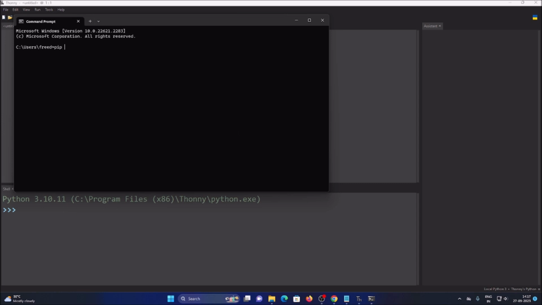So pip install opencv-python, then we need the ultralytics package, then we need the pillow package, and then we need the CV zone package, then we need the py-win32 package, and then we need the py-installer package,